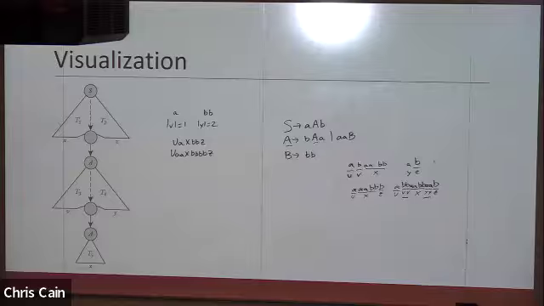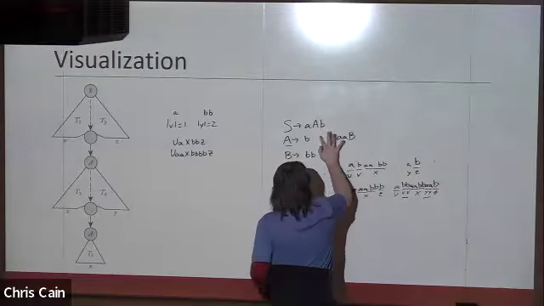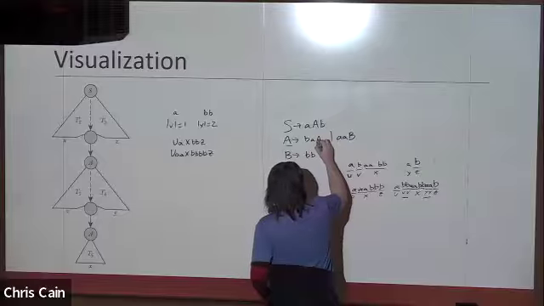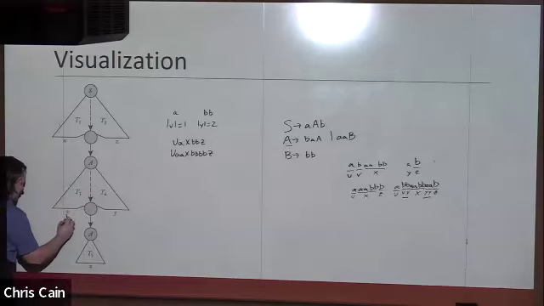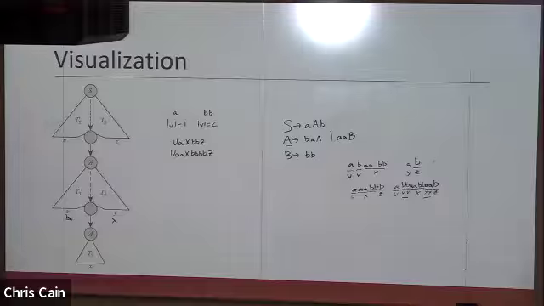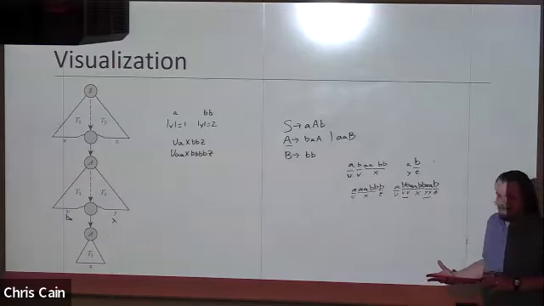Yeah. So then if it was A goes to B little a capital A instead, then would it be that V would be BA and Y would be lambda? Yeah. In this case, V would be BA and Y would be empty. Absolutely. So each one of these is optional. There's no guarantee that each one of these derives at least one terminal character. A lot of them can be empty, in fact. It just has to adhere to the rule that the recursion produces at least one character at some point.